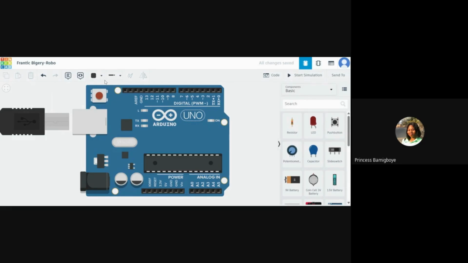The reset button is like, let's say the RAM on your phone is full. Sometimes you have too many apps open, so you close all the apps so that the phone will start running smoothly. Or maybe on your laptop or computer system, you have too many tabs open on Chrome, or too many apps open. So you close them, then you refresh so that the RAM of the system will not be too packed, and then it starts running smoothly again.